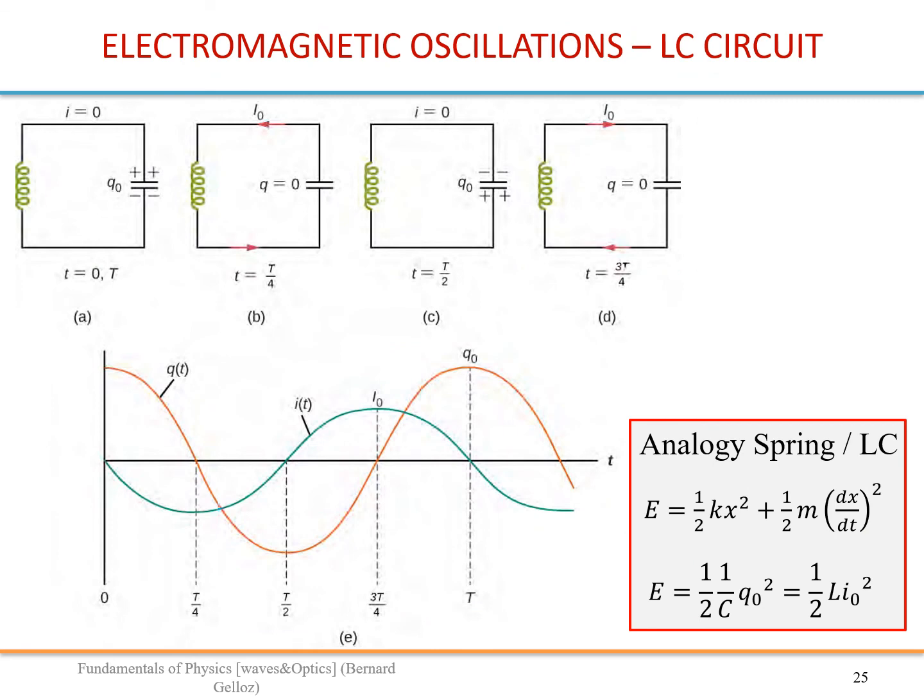Okay, let's look at how they oscillate. So we have put an inductance here and a capacitor here. If we start with a fully charged capacitor and no current, this is the equivalent of a mass spring system where the mass is not moving, so speed equals 0, but the spring is fully stretched. So energy is all inside the spring, and here all inside the capacitor. So you have maximum Q in the capacitor and 0 current.